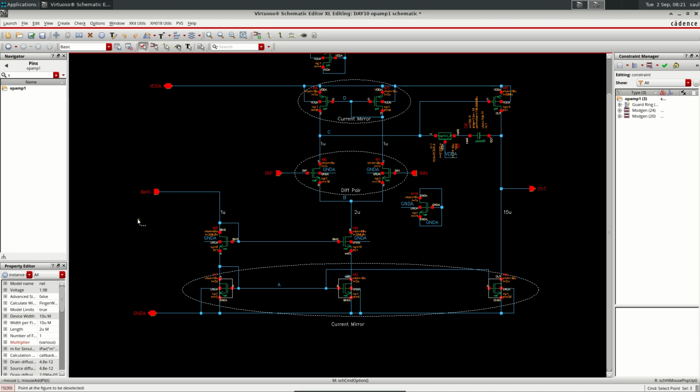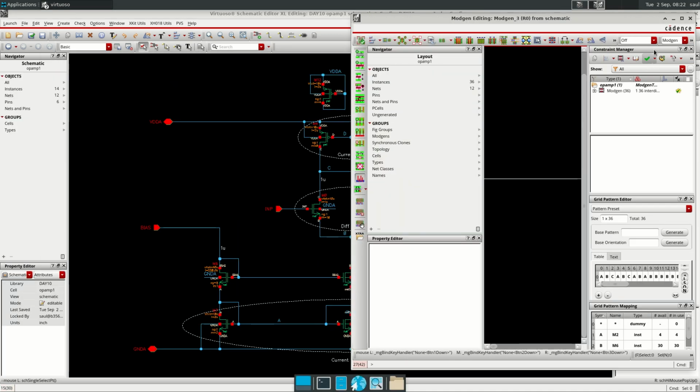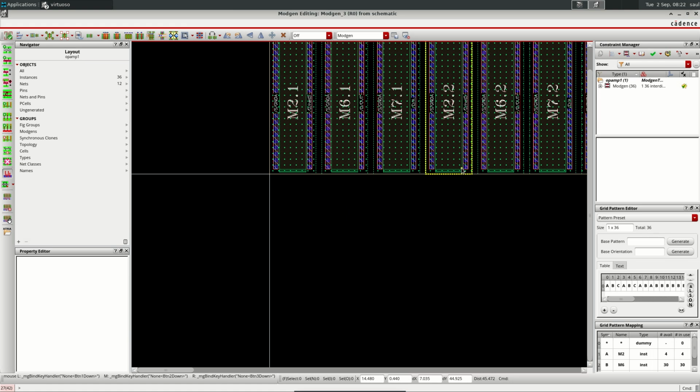So we're going to continue with the layout of the big current mirror at the bottom, the big nmos current mirror. So we select the components. Let's see. We do shift click, we select the 3 transistors, and then we go to the motion generator, and then we can see here